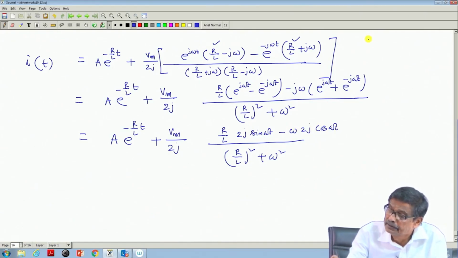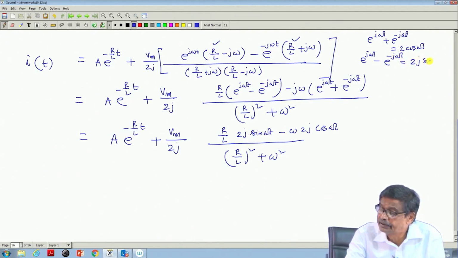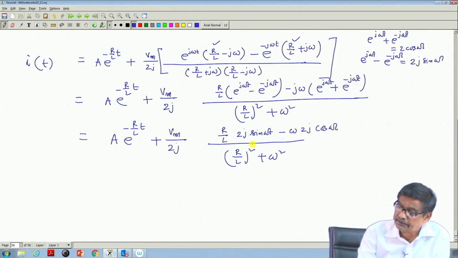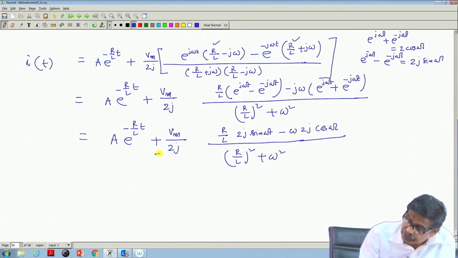Always remember that e to the power j omega t plus e to the power minus j omega t is equal to 2 cos omega t, and e to the power j omega t minus e to the power minus j omega t is 2j sin omega t. We will be using this very often in circuit analysis. That is what I have done here. Clear? Now, this 2j business goes,